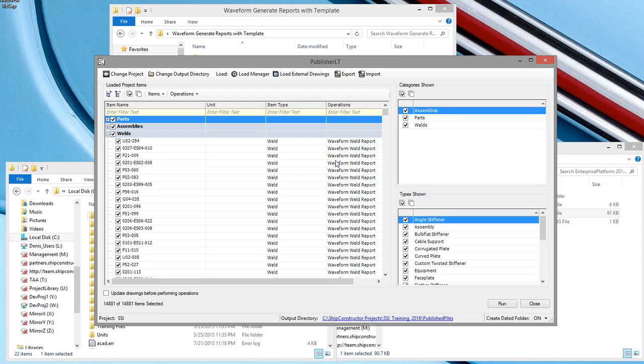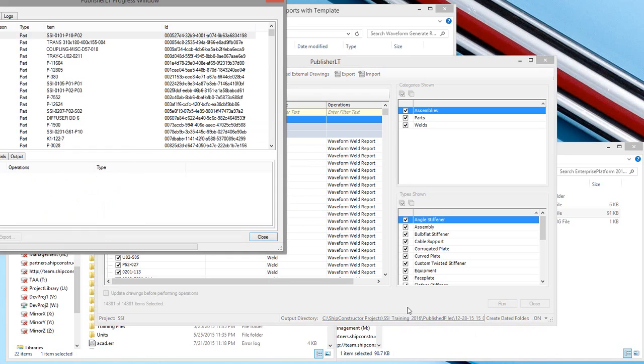So in essence, you can just select a batch file that would automatically run and not even see this window pop up. So after this, we're pretty much ready to generate the reports. You just click on Run. So what it's doing now